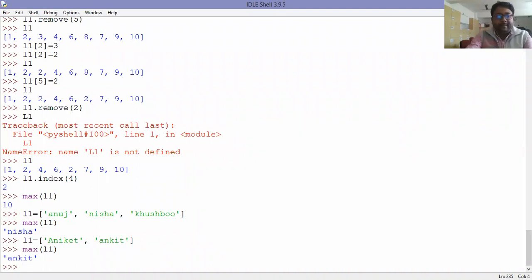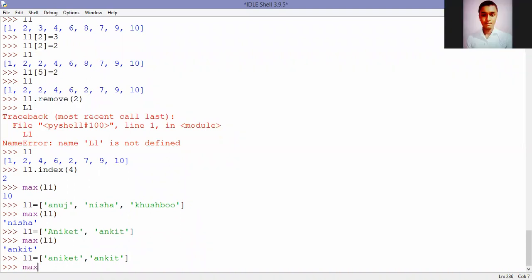And one more interesting thought came into my mind. L1 is equal to Aniket and then Ankit. Then which will be the max? Ankit, sir. Why Ankit? Aniket. Why Aniket?